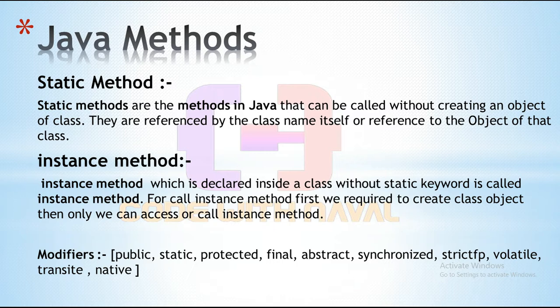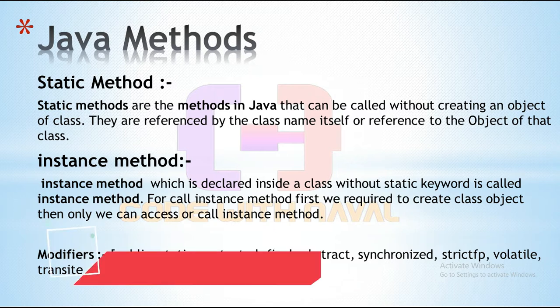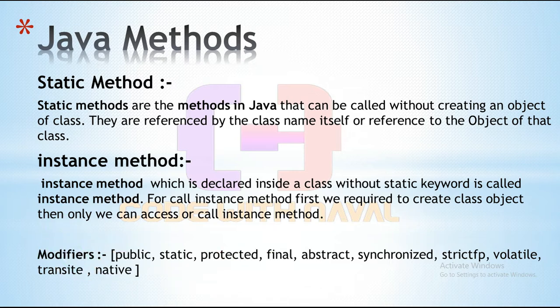If we are accessing that method in the same class, then we can directly write the method signature. And if we have two classes, A class and B class, and in A class we define one static add method and I want to access that method in B class, then I just have to mention the class name, A dot add. We will see that in a practical.